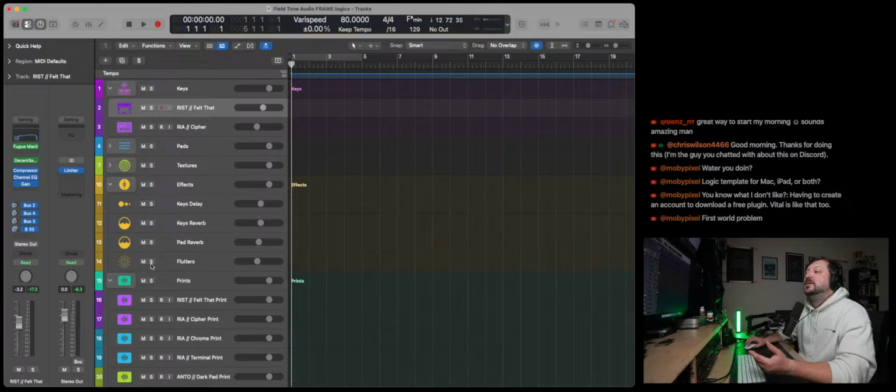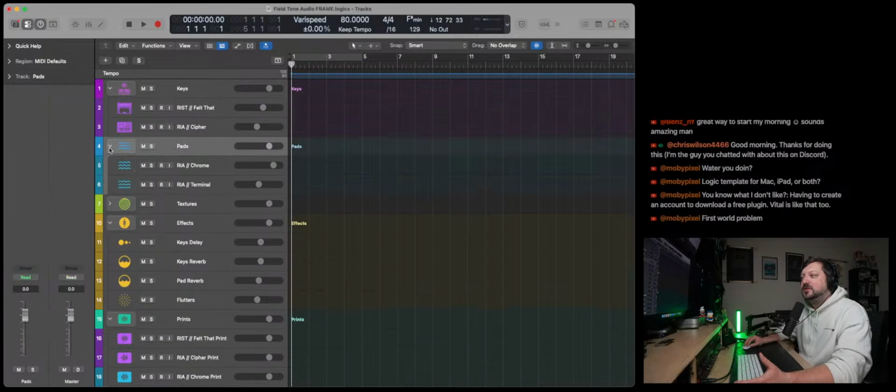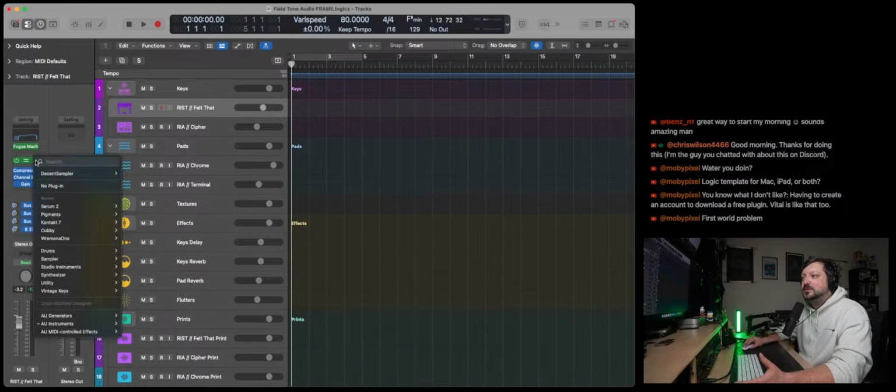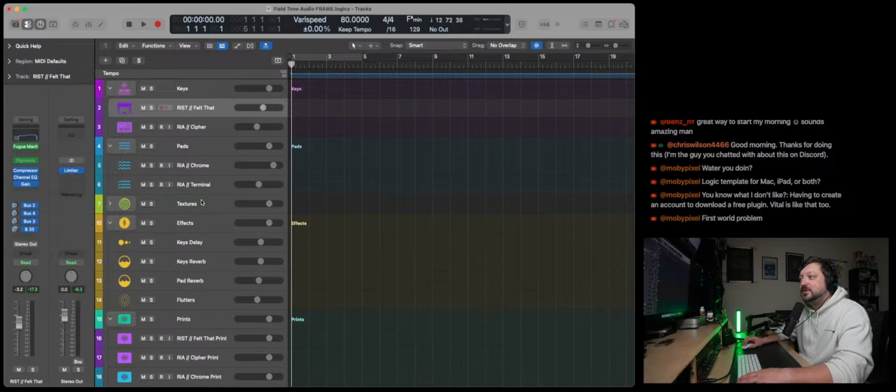So, okay. So I include my Decent Sampler libraries with Frame, but you can also just come in and put in your own sounds. So if you wanted to use Pigments, right? Instead of using,